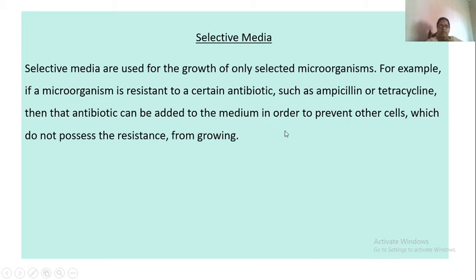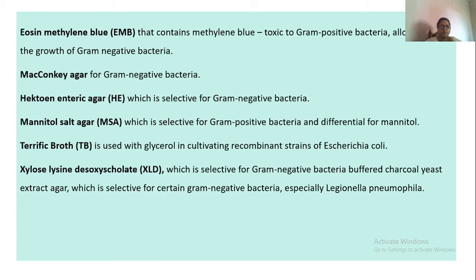So you can say, in a very common language, that it has certain inhibitors. So for those organisms that it does not want to grow, it will have inhibitors against them, and because of that they will not grow, and only your bacteria of interest to which it is selective will grow on selective media. These are some examples of selective media. Now here you can see MacConkey again. So one media can be differential as well as selective. There is no problem in that. It can have both the features.